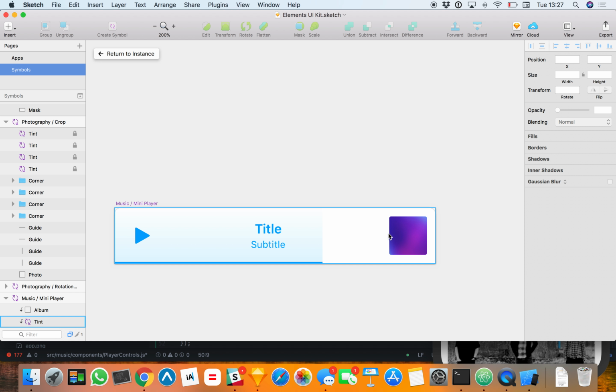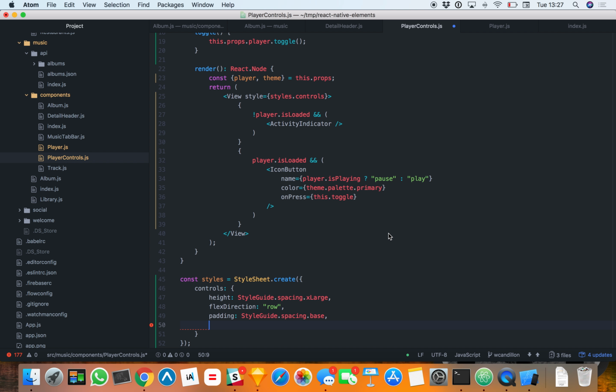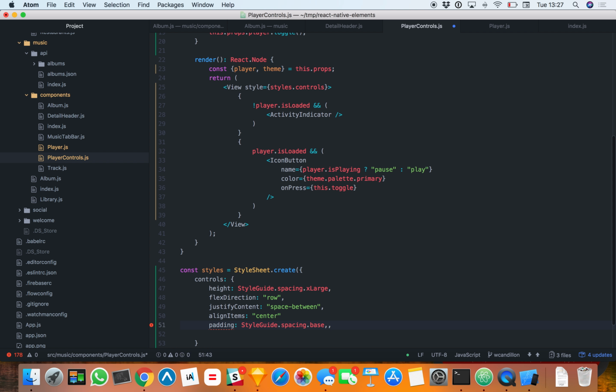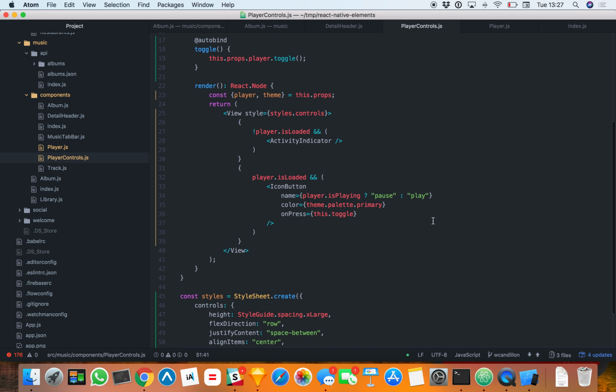Okay, we need to show title, artwork, and everything, so justify content is space between. And align items is centered. Okay. Oops. Sorry. Okay. Looks good. And